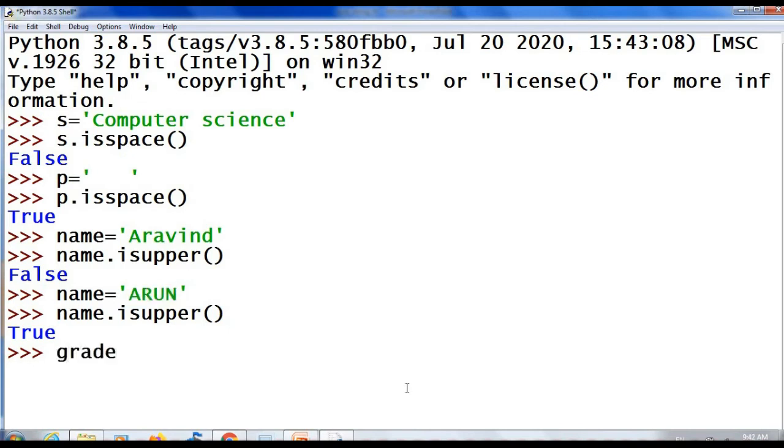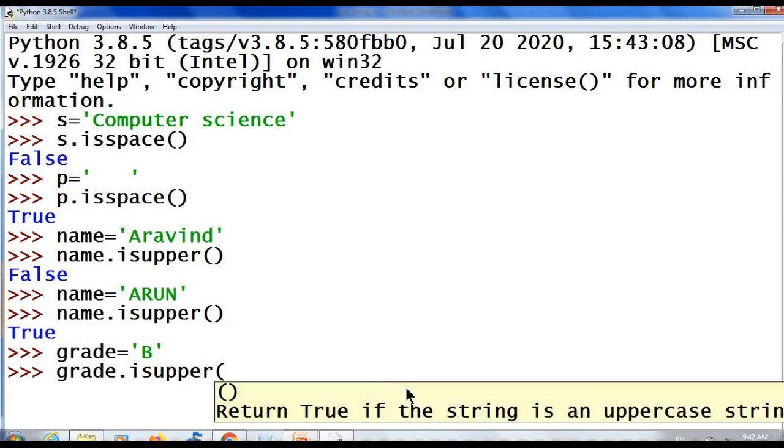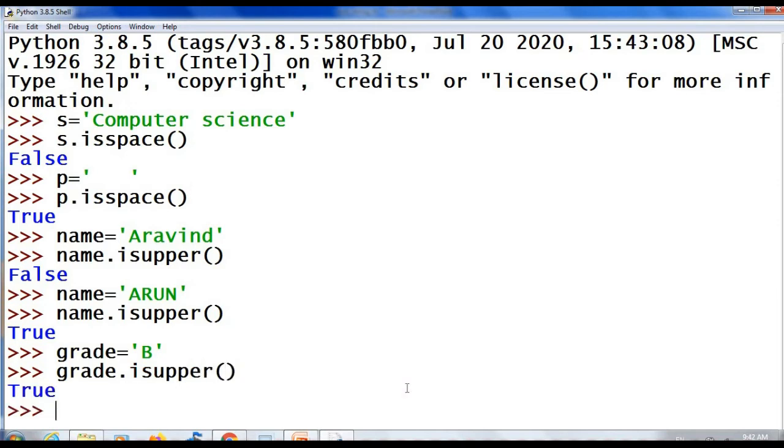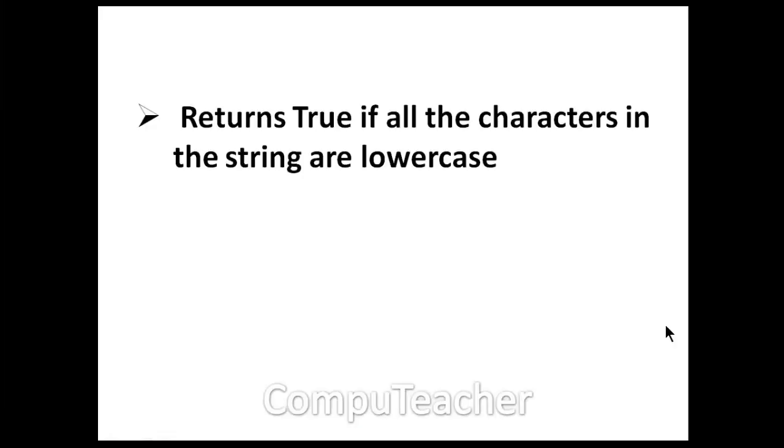grade equal to "B". grade.isupper(). True. That is, the string need not contain more than one character. It can be a single character. Another one similar to isupper.